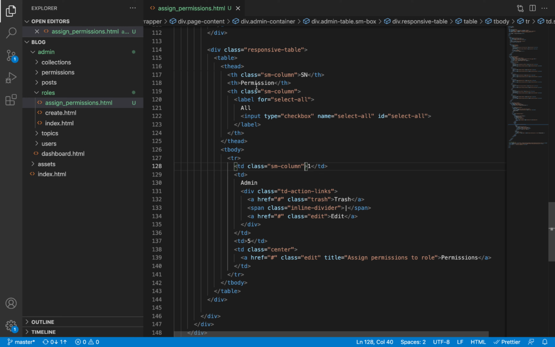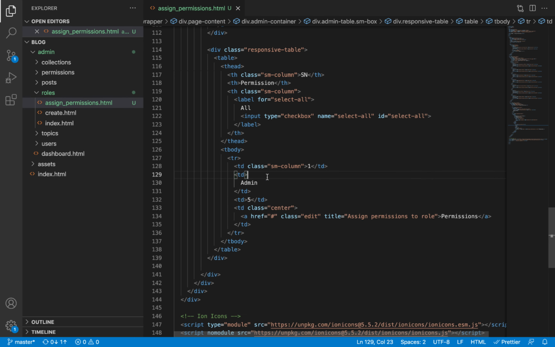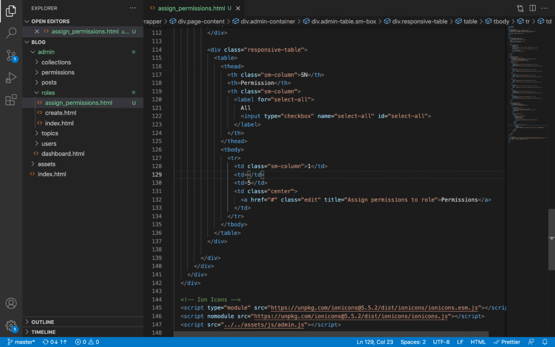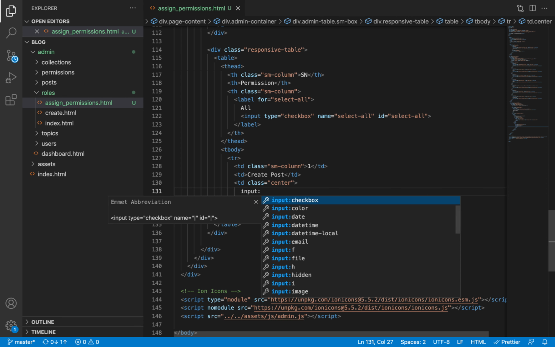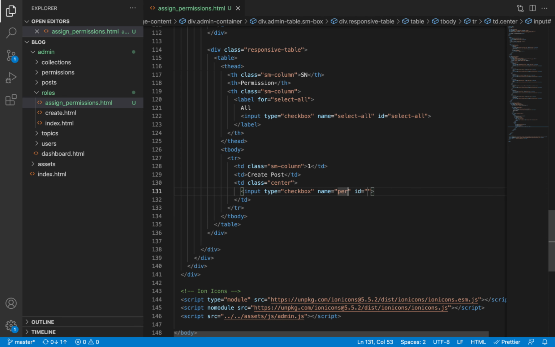And then after the serial numbering, we have the permission itself. There's not going to be any trash link, so I'm taking those out. And then here we're just going to add one permission, for example create post. And then after that we're going to have the last column display a checkbox. For now, let the name just be permission,